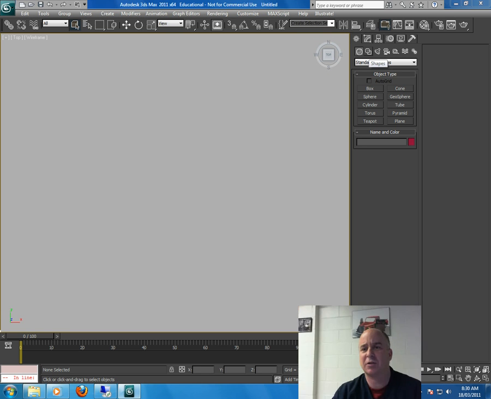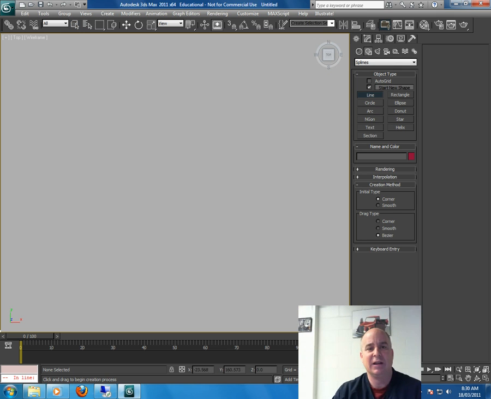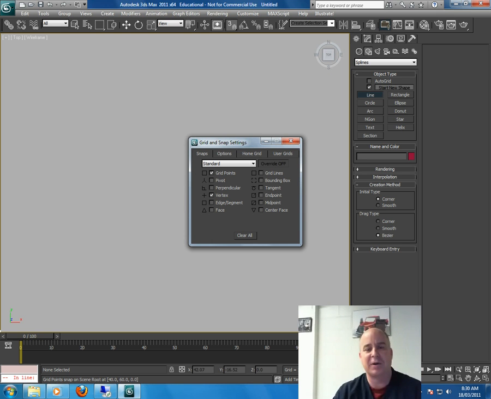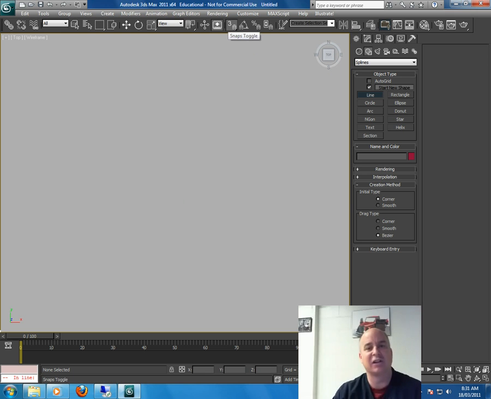Shape creation tool right here. Right beside the geometry is what's called the shape tool. I'm just going to do a simple line, but when I draw a line, I always make sure that I'm going by grids, points, or vertex snap, and you just right click on this little magnet, and that's the snaps